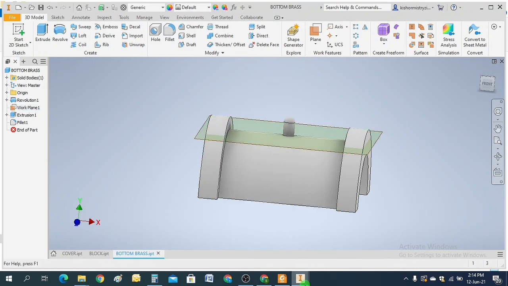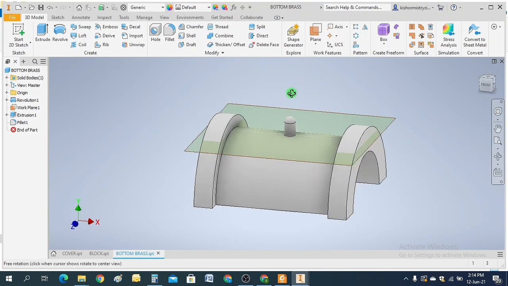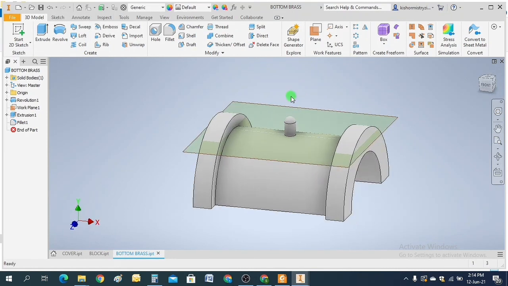So I have created all the 3 parts. So I will end this session here. To know more about the assembly, drawing and animation in the assembly, and BOM creation with balloon identification, how to give appearance, and the other parts which I have already discussed in the intro, you will have to see the next video.